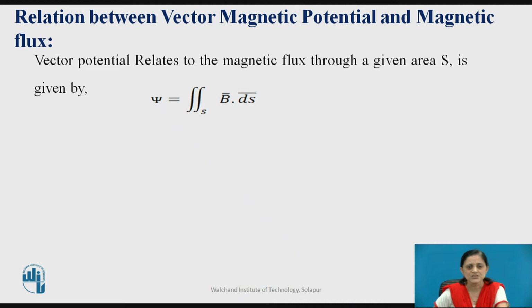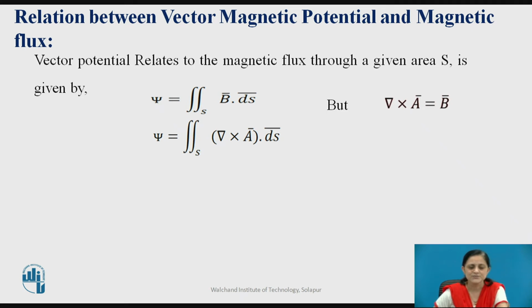Now, how the vector potential relates to the magnetic flux over a given surface area is also known to you. By considering the surface integration, the magnetic flux psi is given by the integration of B bar dot dS bar, where B bar is the magnetic flux density and psi denotes the magnetic flux. But we know that del cross A bar is equal to B bar. So we can put B bar as del cross A bar in this equation, so that psi is equal to the surface integration of del cross A bar dot dS bar.